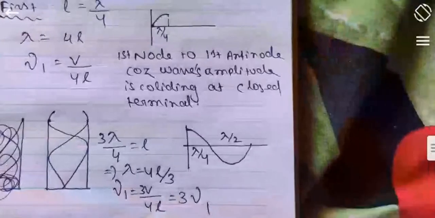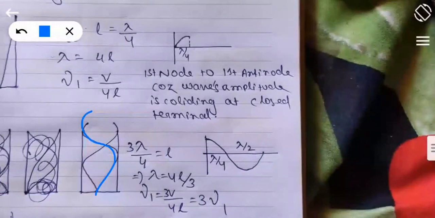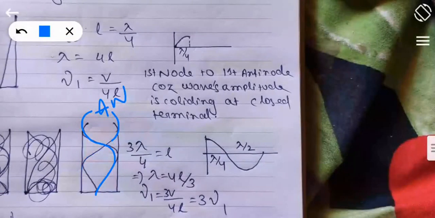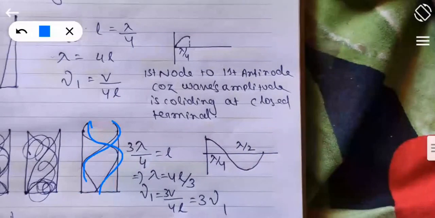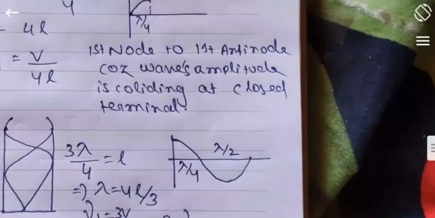As you can see here, the second harmonic, the wave has started like this, okay, and going here. This side also, always antinodes are here and nodes are going to be produced in between, because there is a reflection of wave inside, right, because the boundary is there. So the wave is going like this, and this one will be like this. So there are two antinodes, and if I am going to represent it through a wave diagram, this is the wave diagram, you can see it clearly.